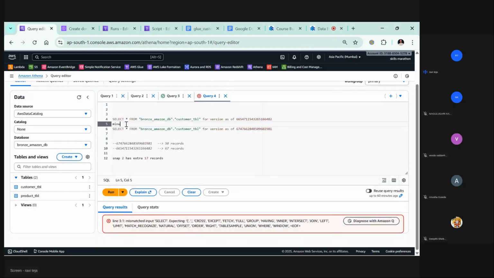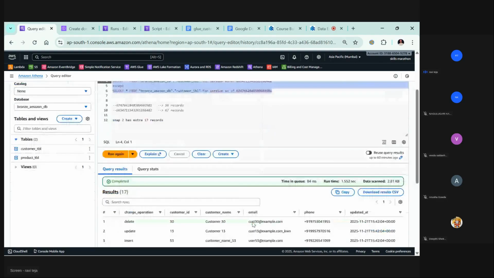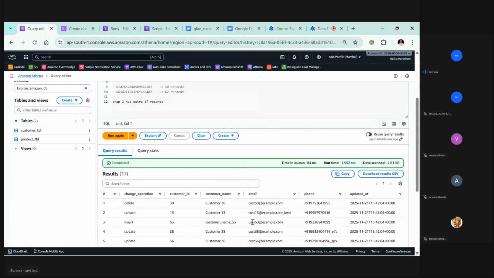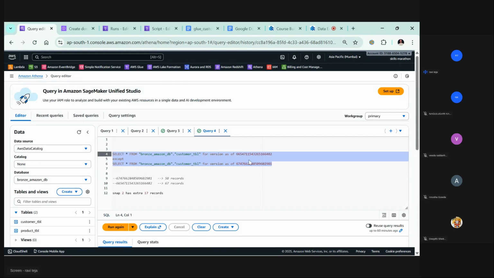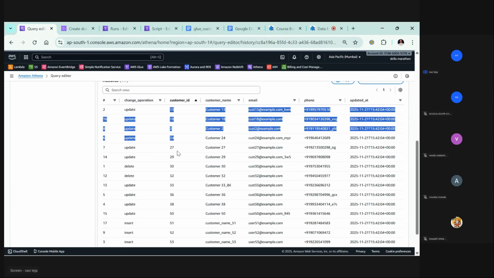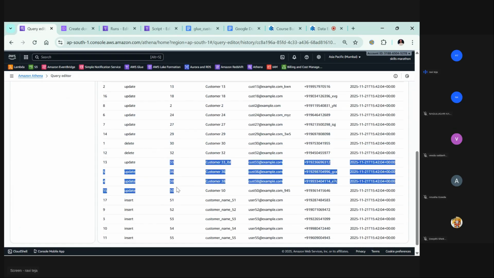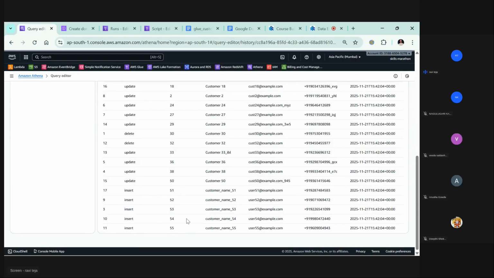I think this function won't work, except I think this will work. See, I got the 17 records. You are able to see this keyword, except. So find the records from here and the records from here, and do the exception between these two. That's it. These are the records which you got. If you sort by customer ID, you see these records got updated, these two got deleted, then these three got updated, then these records got inserted. That means these are the 17 records.